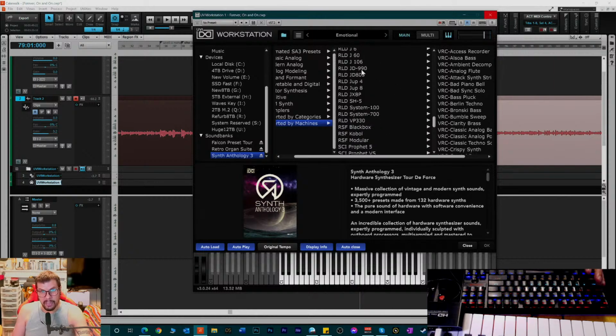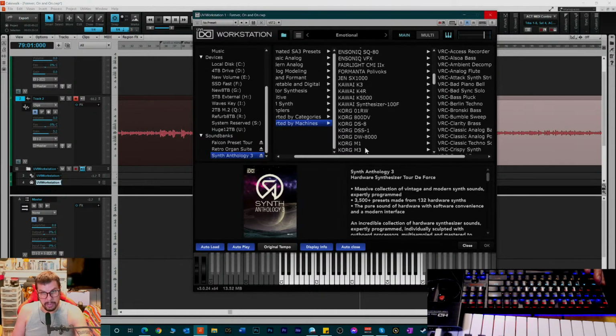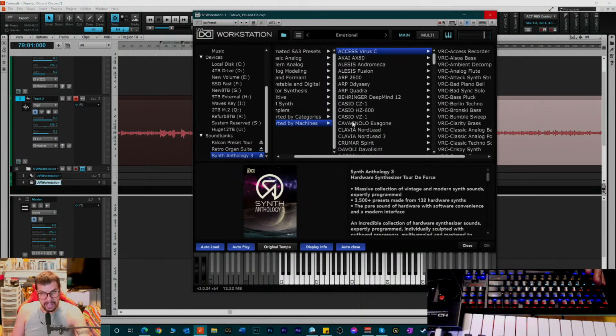It doesn't come with every sound that was on these synthesizers, but it comes with the majority of them. The DX7, these Casio synthesizers, Alesis, Akai,